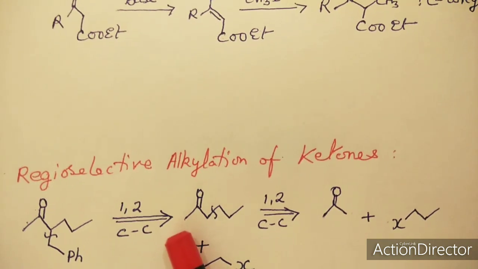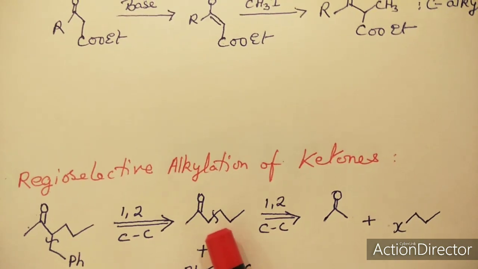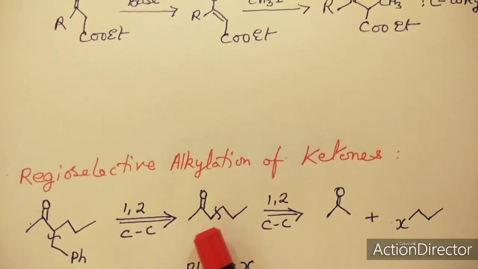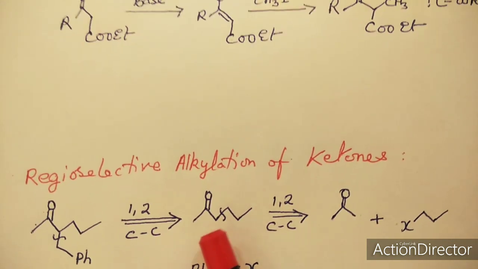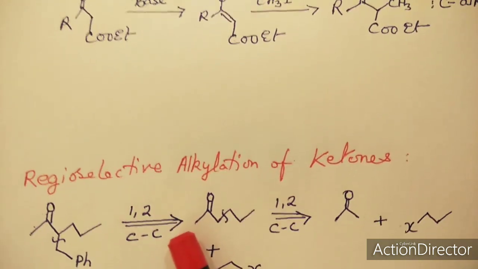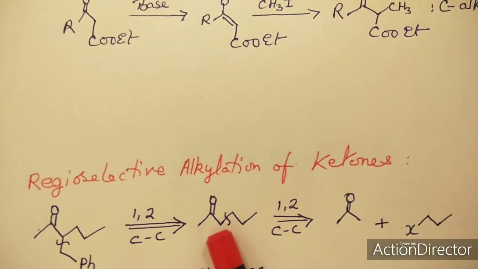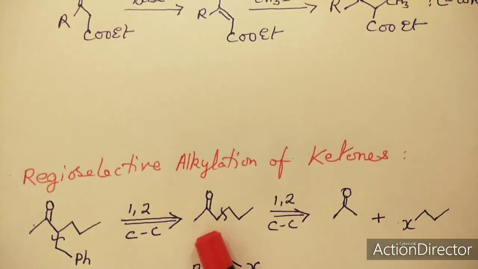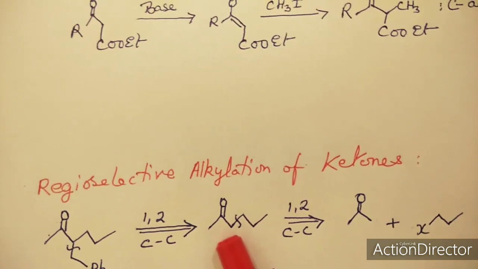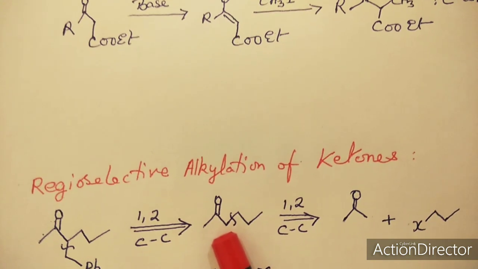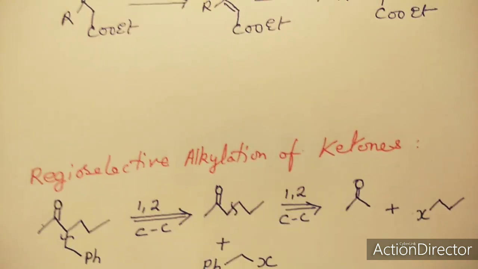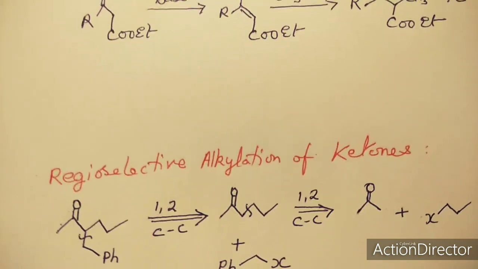Now we are taking regioselective alkylation of this ketone. We are being selective. Based on our knowledge of chemistry, we are the ones controlling this reaction as to which site should be attacked, this site or this site. By virtue of our knowledge of chemistry, we know that if we activate this site, this active methylene group will be more reactive. So let us see then how we form the target molecule.